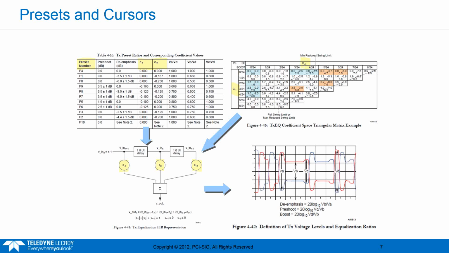So the maximum would be every single possible combination. There are devices out there that do every possible cursor combination, and that might be like 42 different iterations. And then the minimum is 1. Some devices just hard code a setting. You'll see that sometimes with servers or something like that. They'll just hard code it, so they want P7 every time.